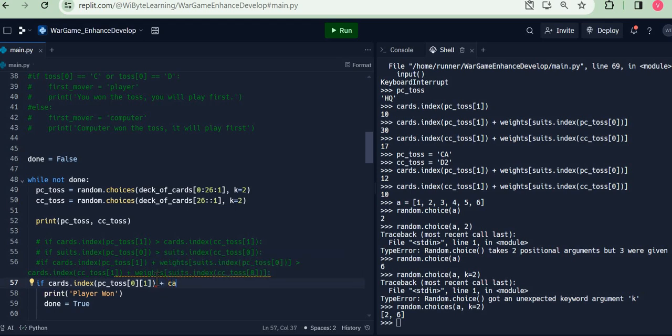Plus, let's say cards.index, say PC toss 1, the second item of the PC toss. And again, I must look at 1. If this is, let's say, more than, same thing for the computer card. So if this happens, if this is, let's say, more than,